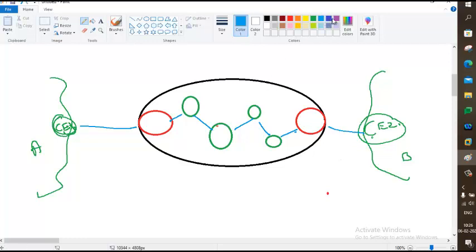Now layer 2 VPN is also done using BGP and MPLS. This also comes under MPBGP, but the difference is this. You see the tunnel endpoint.